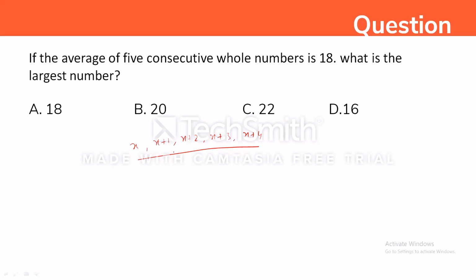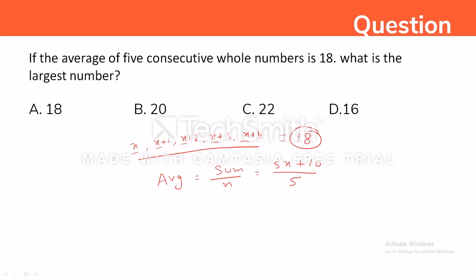Now the average of these five numbers is given as 18. We have one basic formula for average: average is equal to the sum of numbers divided by the total number of numbers. Adding these five numbers: x plus x plus 1, x plus 2, x plus 3, x plus 4. How many x do we have? 1, 2, 3, 4, 5. So a total of 5x plus, adding 1, 2, 3, 4: 1 plus 2 is 3, 3 plus 3 is 6, 6 plus 4 is 10. So 5x plus 10, divided by the total number of numbers,